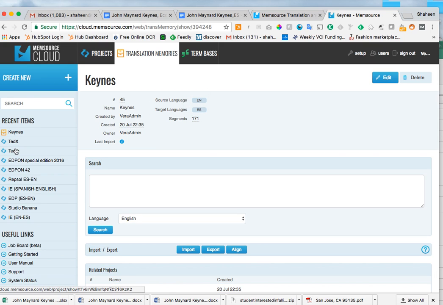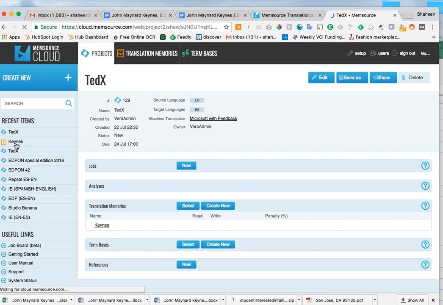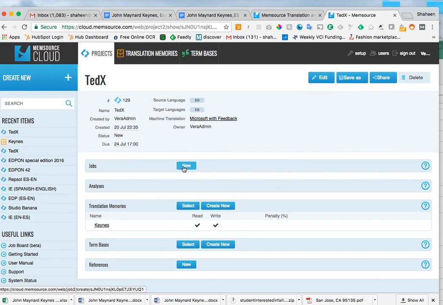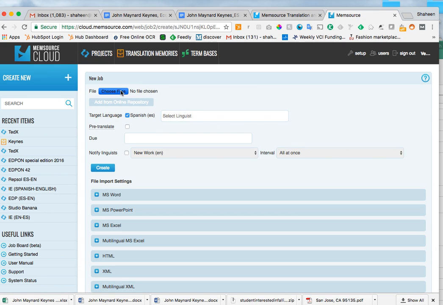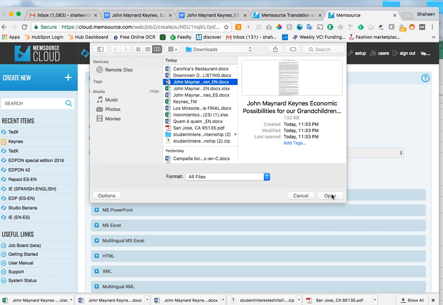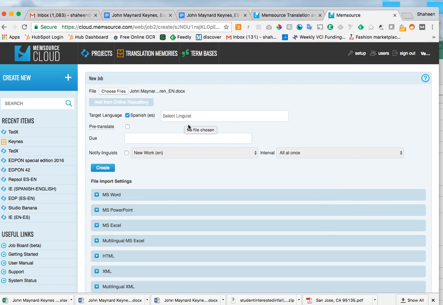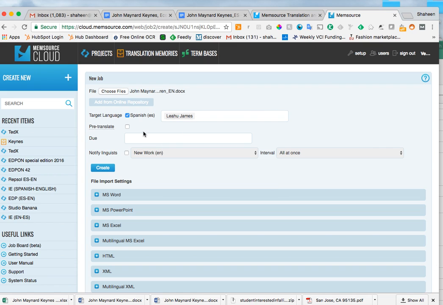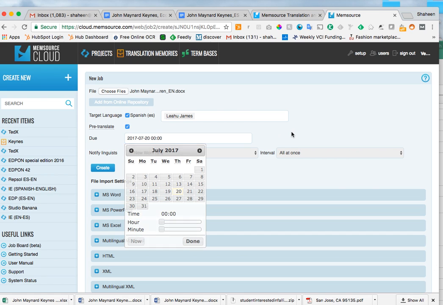Now we're going to go back to the project and see it's now associated with this translation memory. And now we're going to add a new job, which will be the English version of this file. Target language is Spanish. And let's put James, that's actually Marcos, but he's using James' account usually. And we'll say pre-translate, that'll automatically fill out from the translation memory. And the due date will also be Monday